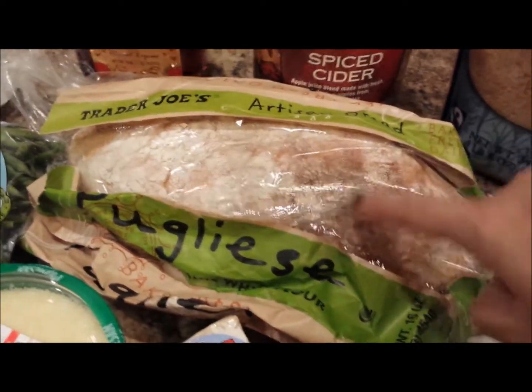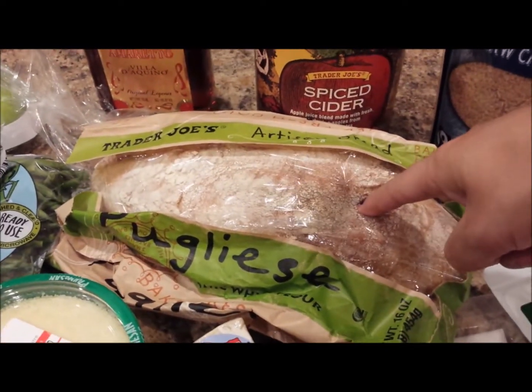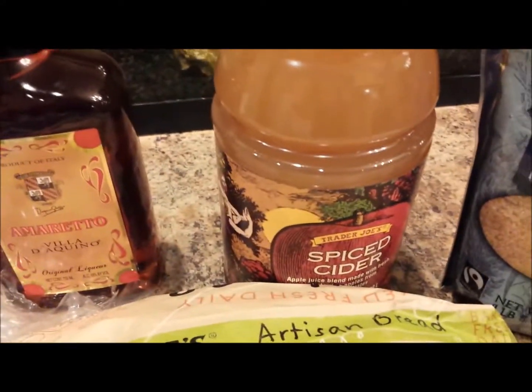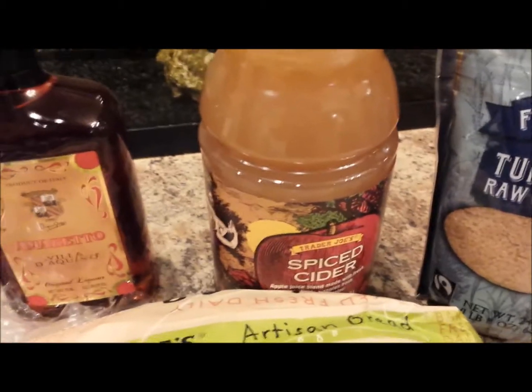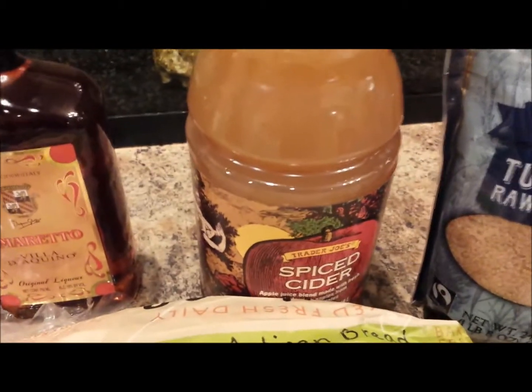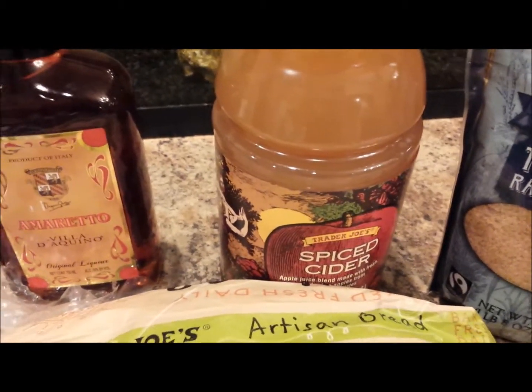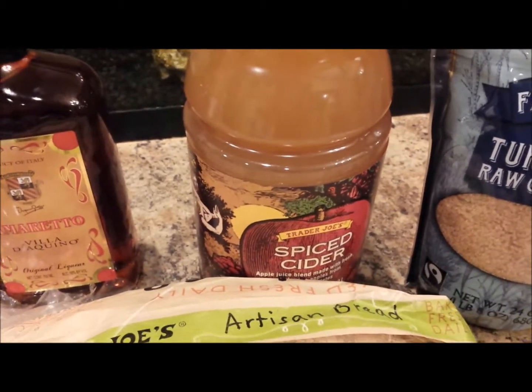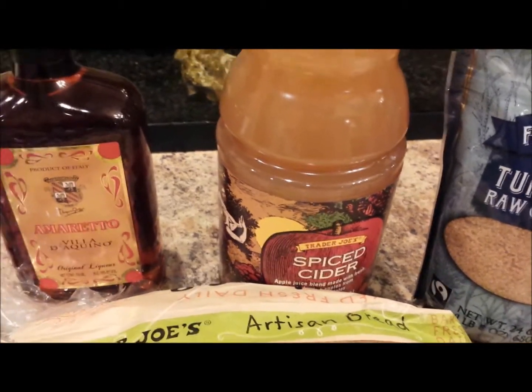Also a rustic bread for the stuffing, and raw cane sugar spiced cider. That's for the hot apple cider. And then we're gonna just add some orange slices and cinnamon sticks and heat that up. And then I purchased